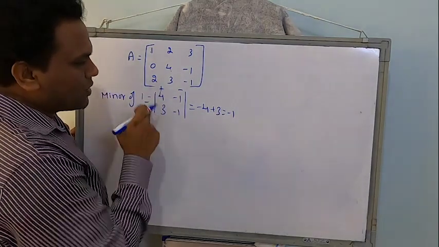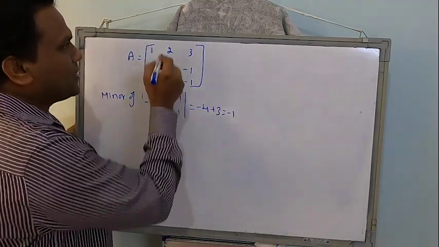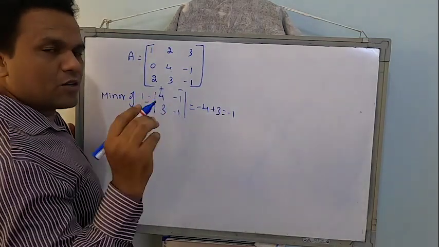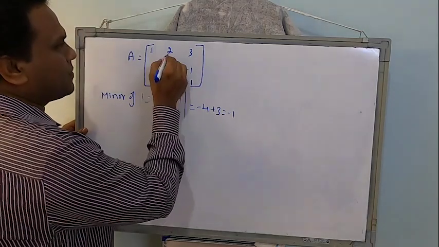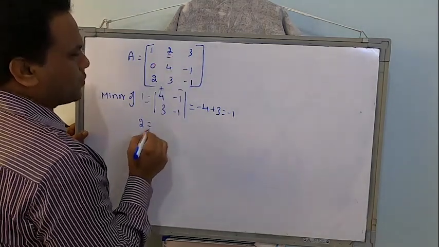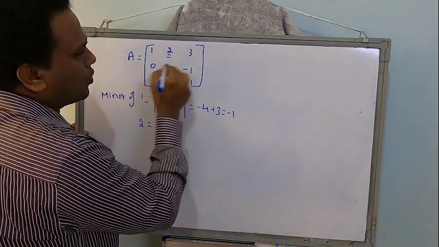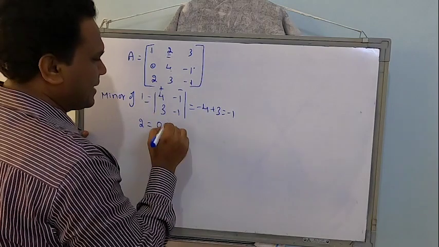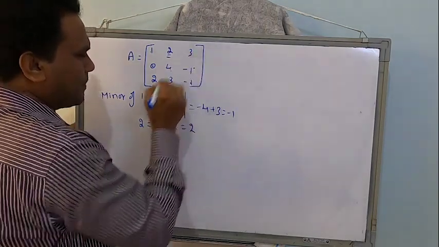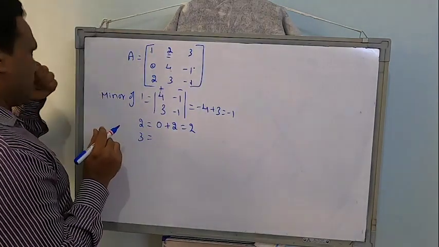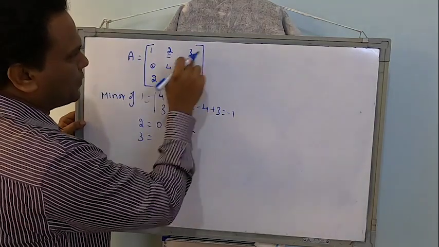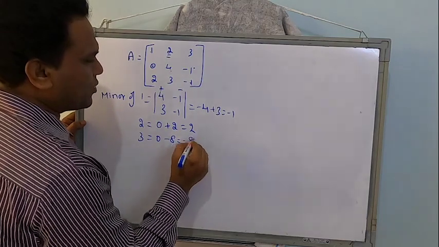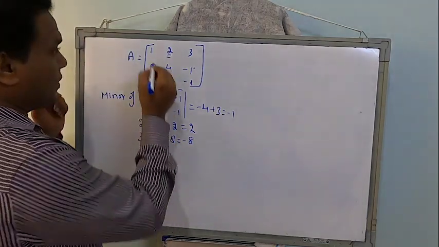And students, you know how to skip this and write the things directly. So don't write the signs on top of the first row, because we are not doing determinants. It's a matrix here. Now the minor of 2, leaving the column and row, the remaining elements are these, right? Left diagonal minus the right diagonal. So it's going to be 2. Minor of 3. What will the minor of 3 be? It's an element of the third column and first row. So multiply these two. It's going to be 0 minus 8, or minus 8. The first row is over. We have finished with the first row.